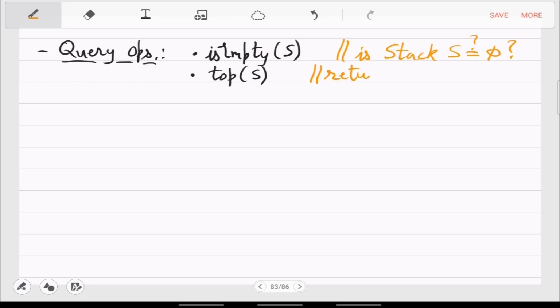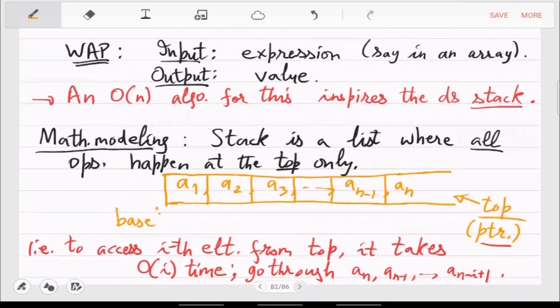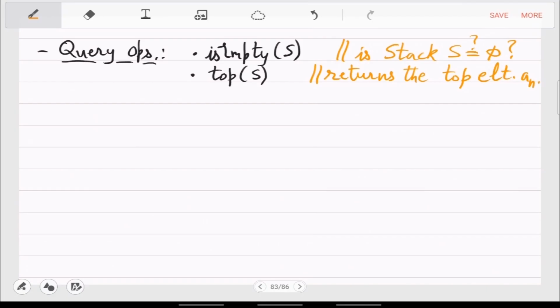This returns the top element, which we are calling here an. This is just a query. It will not edit anything in the stack. It has only read permission.